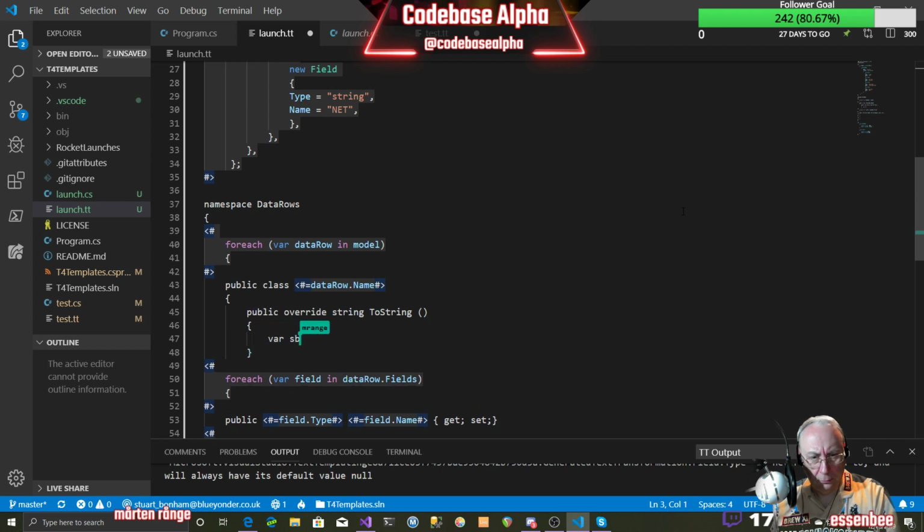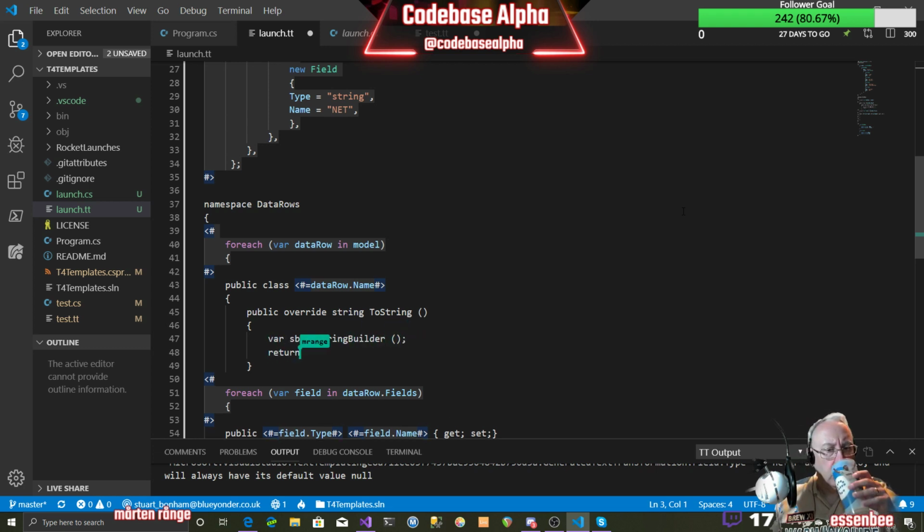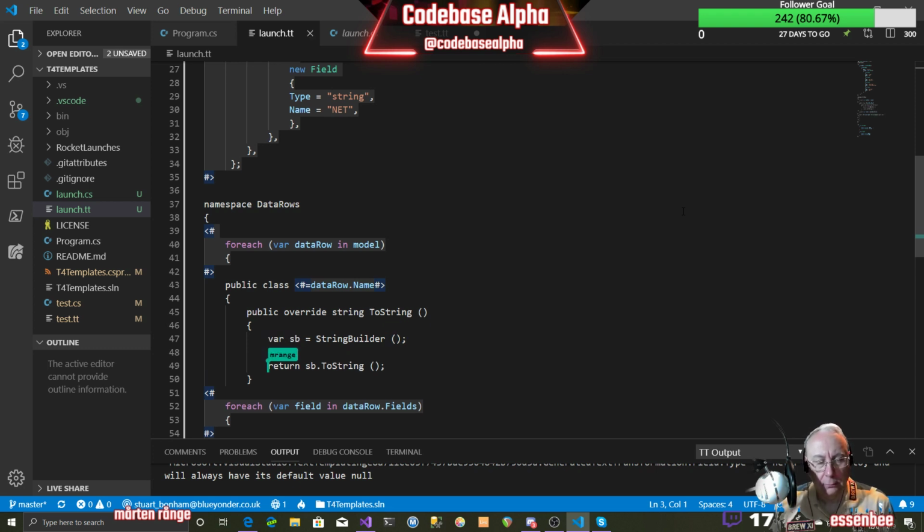And I'm going to suggest that we use the string builder to build up a string. So then the question is, how does this look, by the way, in